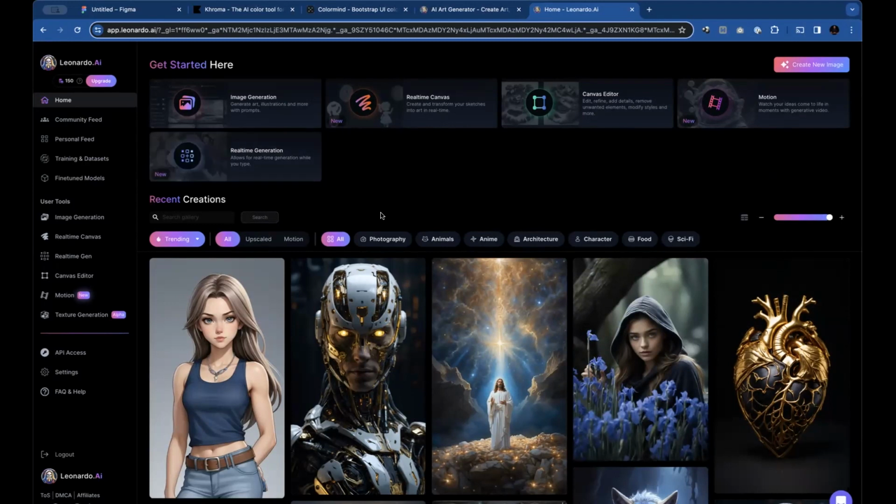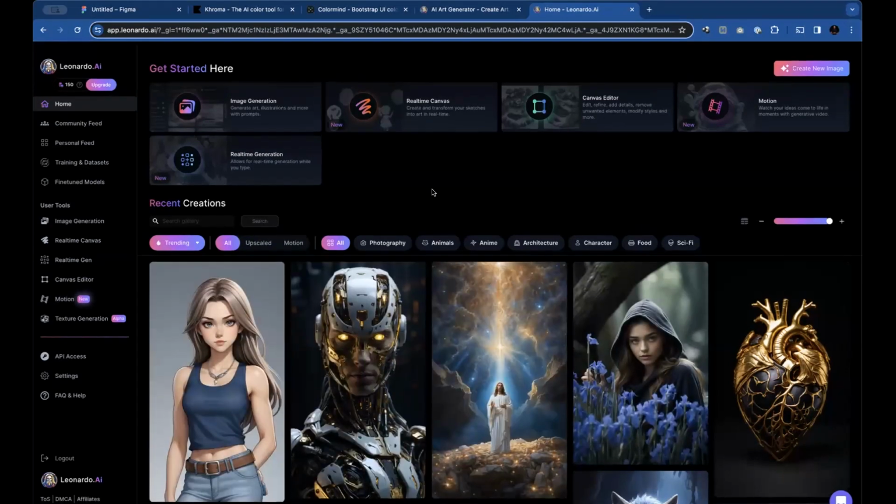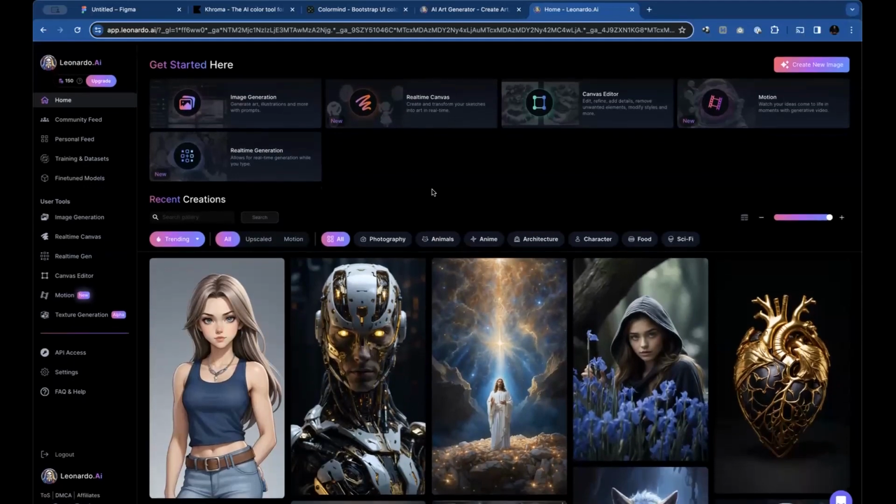Yes, so as I was saying, do not be intimidated by all these buttons that you can find here, right? It's just AI and the rise of all this. All you need for now, let's go to image generation, which is the first thing on the page. Where you see get started, just below it, click on image generation.